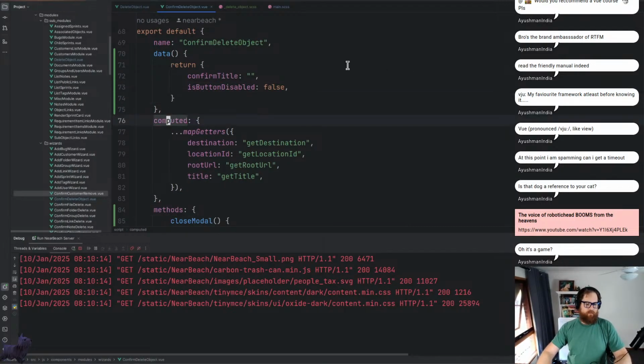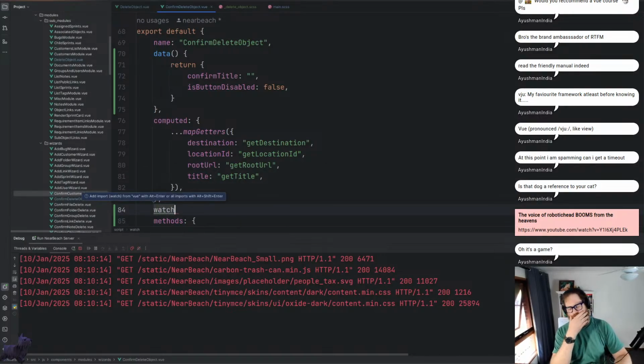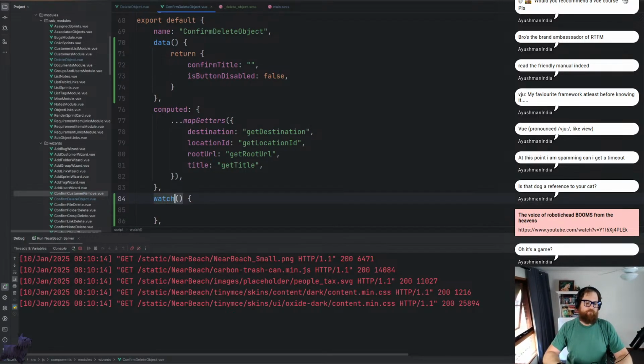All right, and then what we want to do is add on a watch. I think this is overcomplicating it, I believe. And then what we've got is